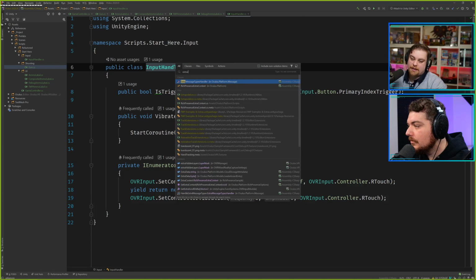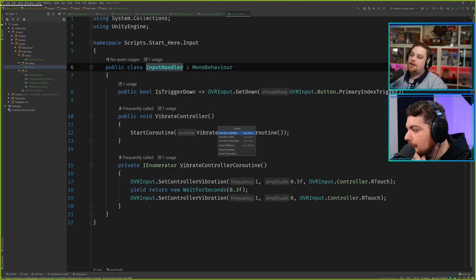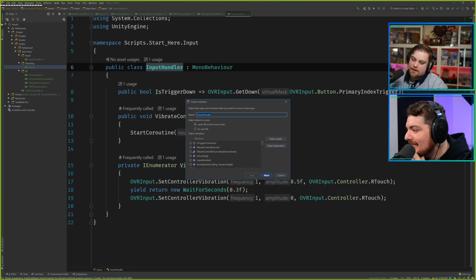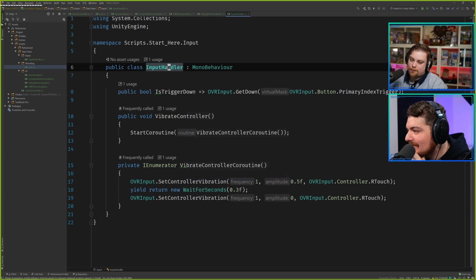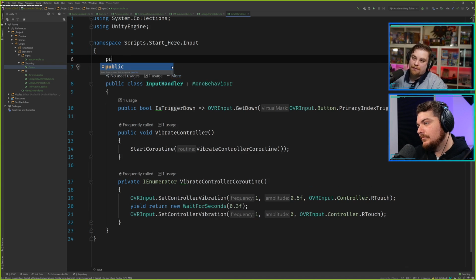The question we got here is, would it be a bad idea to use an interface instead of an abstract class? Well, this is a much longer question. I've already kind of talked on this before. I think people who program in C sharp give an undue amount of respect to the concept of interface separate from abstract class.